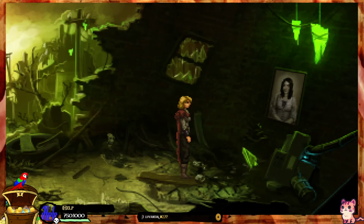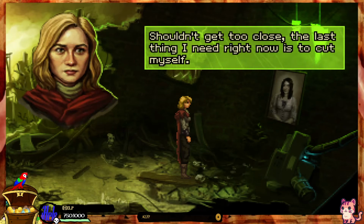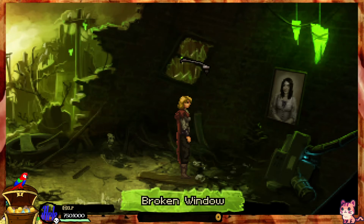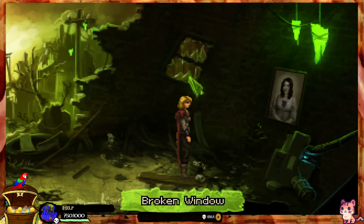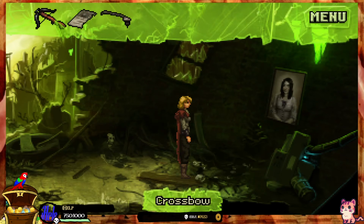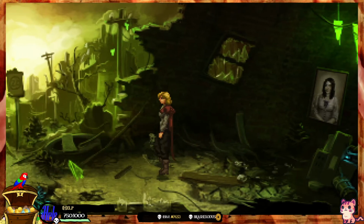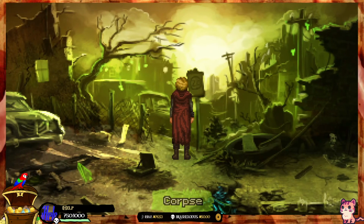This corpse is... Shouldn't get too close. The last thing I don't see... I can't just... Shouldn't get too... Just a memory of... I don't... I don't think I should get...